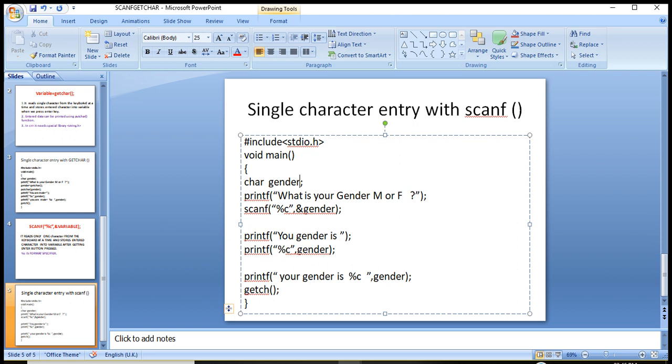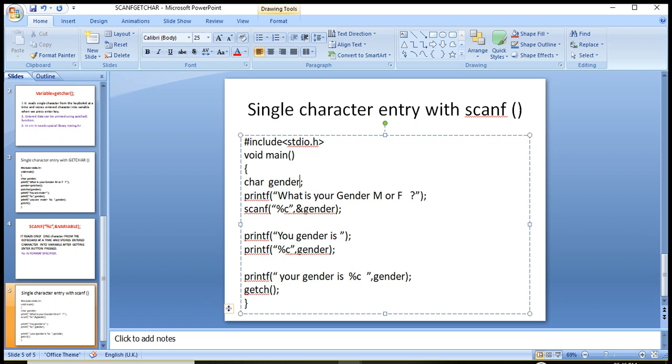We need not give the number of characters that the gender variable will store. If we don't give the number of characters, then the gender variable automatically takes a single character. So the %c format specifier is used when we want to take a single character from the keyboard.